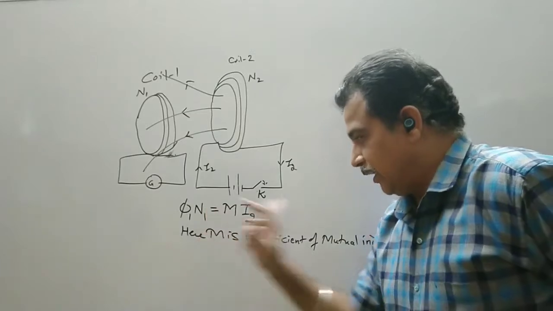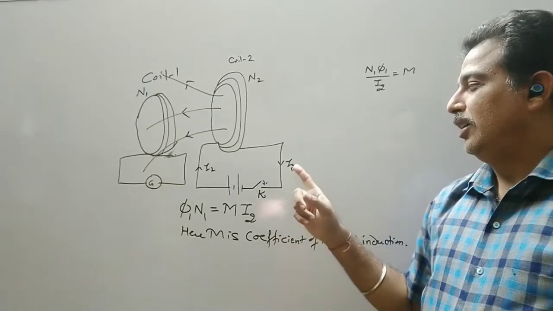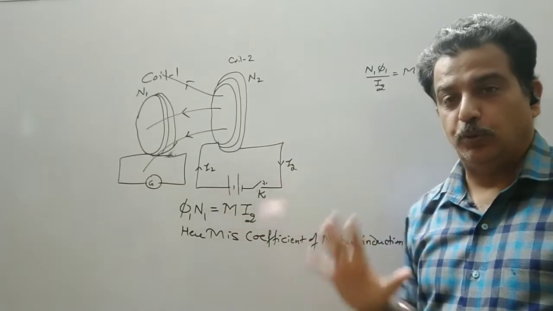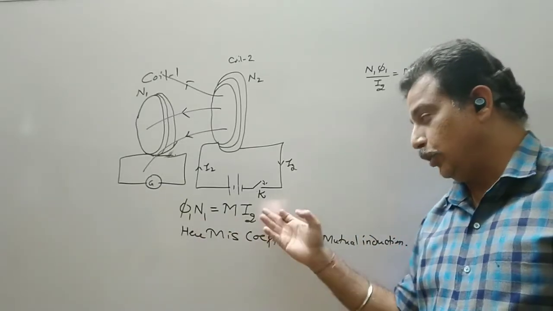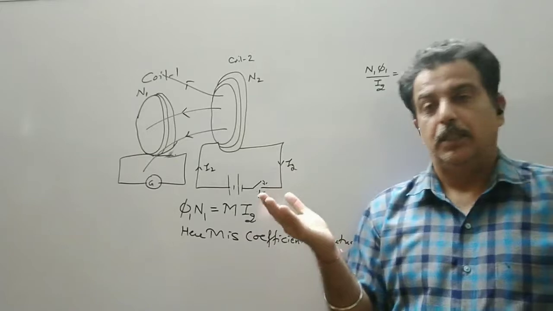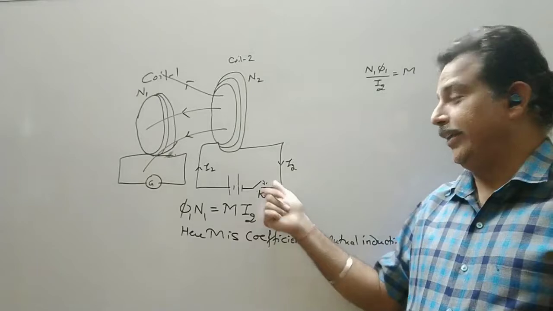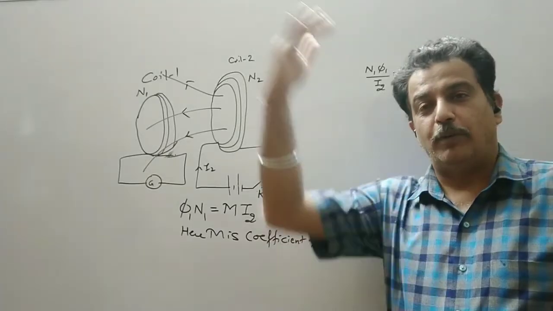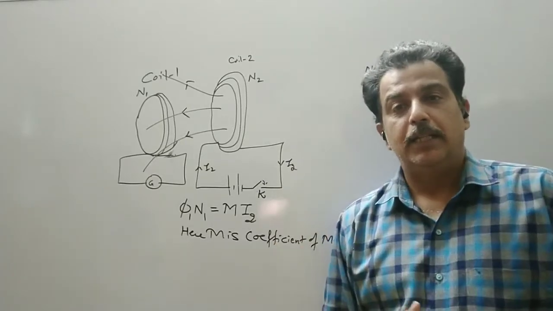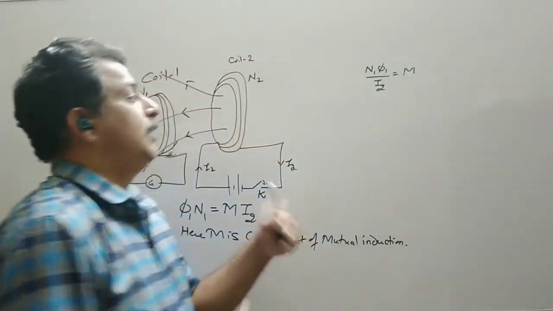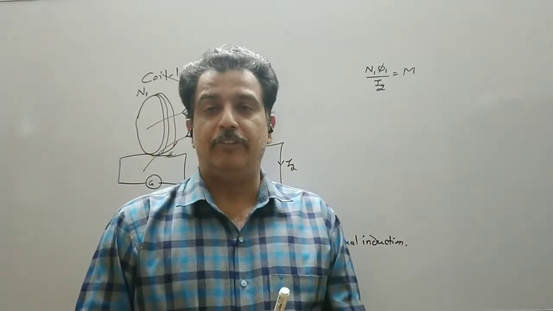So the flux is linked with coil 1 due to the current variation in I2. So this flux linked is directly proportional to I2. If I2 increases from 0 to maximum, the flux will also increase in direct proportion from 0 to maximum. And when I release the key, the current will decrease from maximum to zero, so the flux will also decrease. Now we simply apply Faraday's law. We state that the change in the magnetic flux with respect to time is equal to the EMF induced.